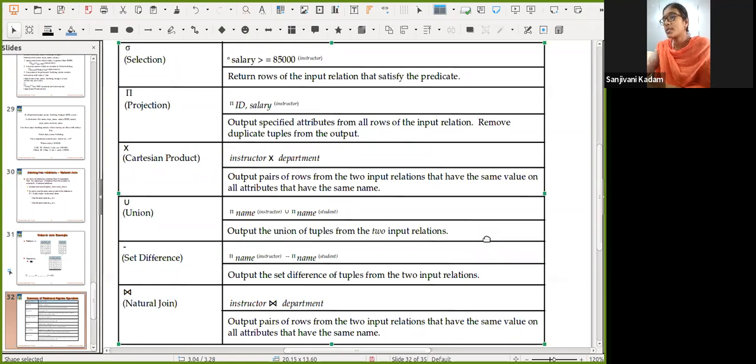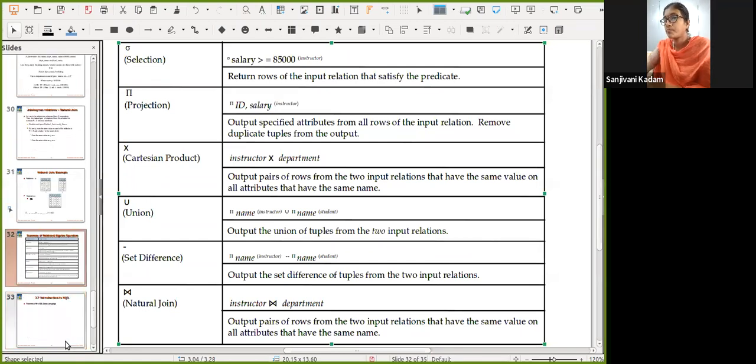Set difference operation: if I am having R minus S, then we go for removing those tuples from R which are available in S. And then we studied the natural join operation. So natural join is used in order to combine two relations whenever we want to go for some equivalence conditions.